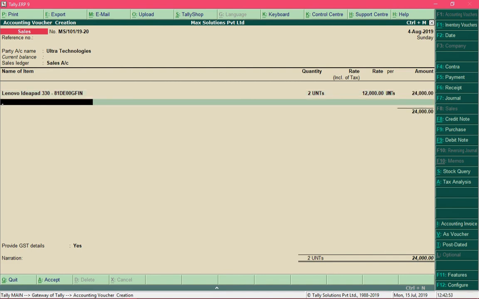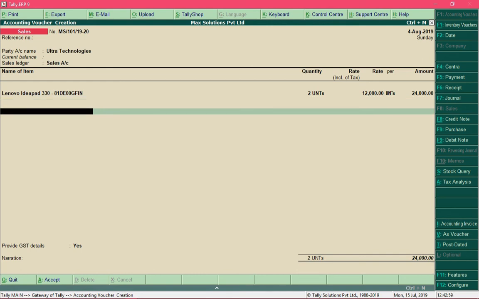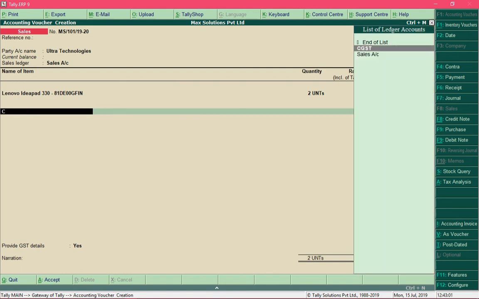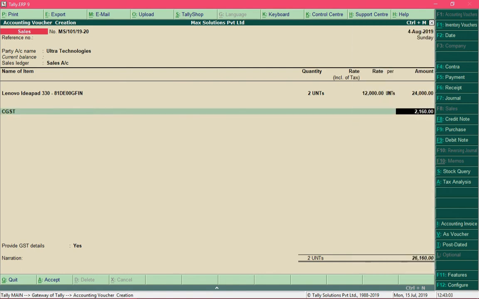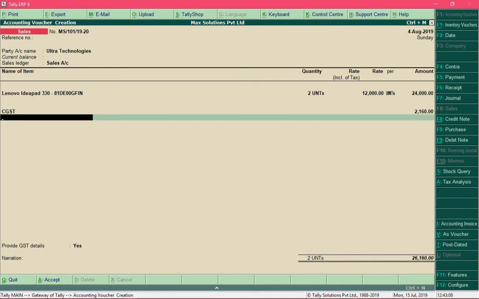And I am not selling any other items which I need to specify over here. So I will press the enter key again and specify the ledger CGST, which will be auto calculated, and specify the ledger SGST, which will be auto calculated as well.